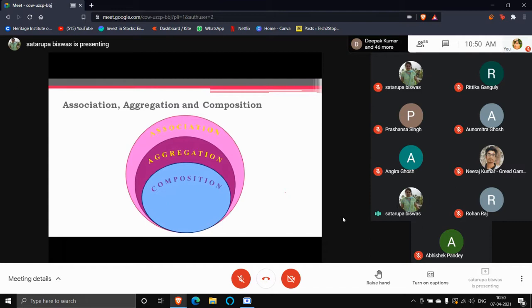Okay, now aggregation, association and composition. These three things are also representing the relationship between the objects and classes: is-a, has-a and part-of. These three relationships are coming under these purviews. Association is the global representation of the class relationship.